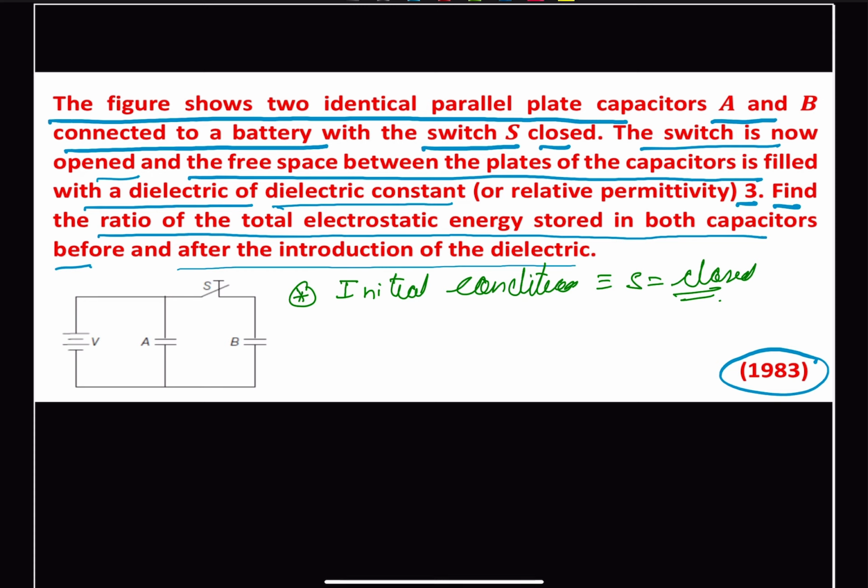And since S is closed, we can calculate the initial energy on the capacitors, that is, what will be the energy at A and what will be the energy at B. And this entire arrangement, capacitor A, capacitor B, as well as the applied voltage V, are all in parallel with each other. So therefore we can say that